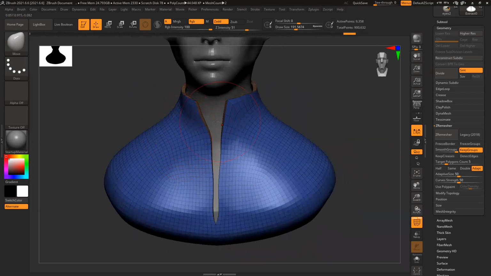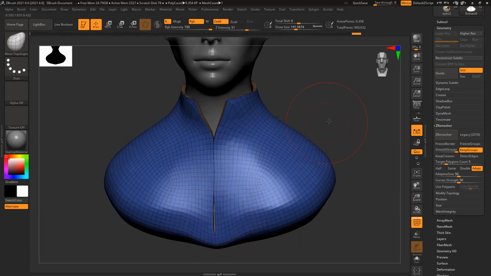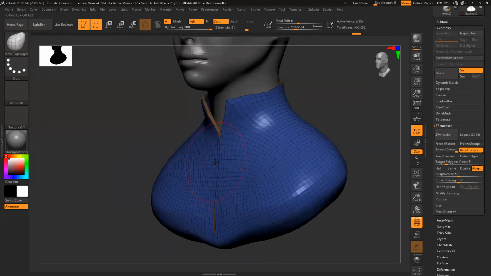I can also use Move Topology, that will affect only this area. Connected here, also connected here, and slightly down here. I can see there's a fold. I'll create the fold. Just give me a second.